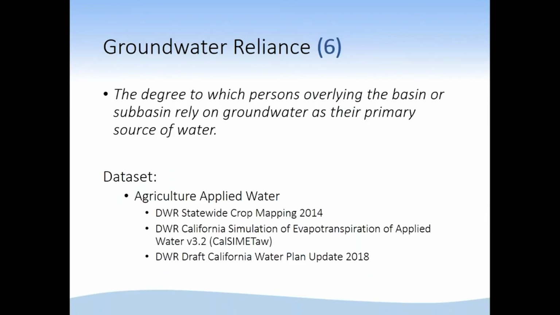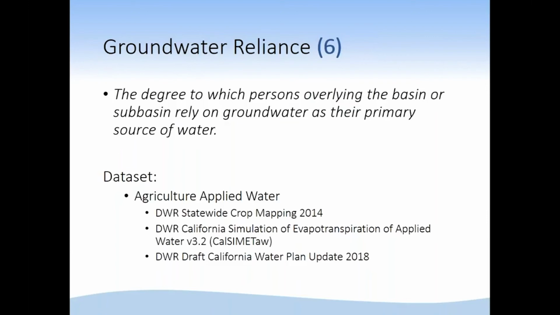I'll cover the agricultural first. Again, we used that Land IQ statewide cropping map from 2014 to identify all the crops in the basin and all the acreage. And then through the Cal-SIMETAR, we developed by basin all the unit values for all the crops, that basically 1 acre of X crop uses this much water within that basin.